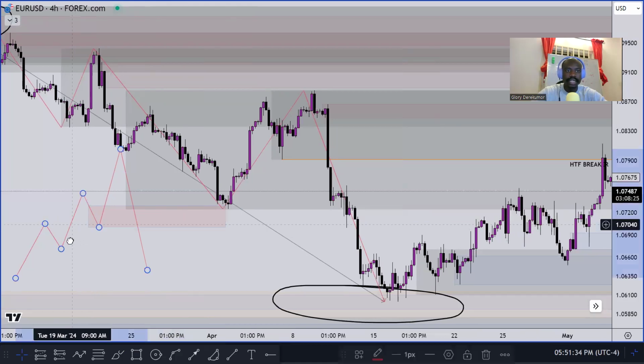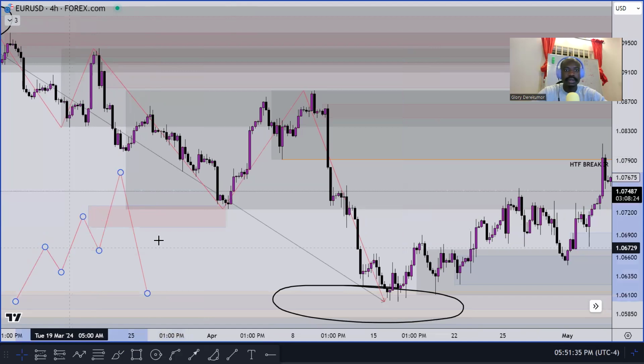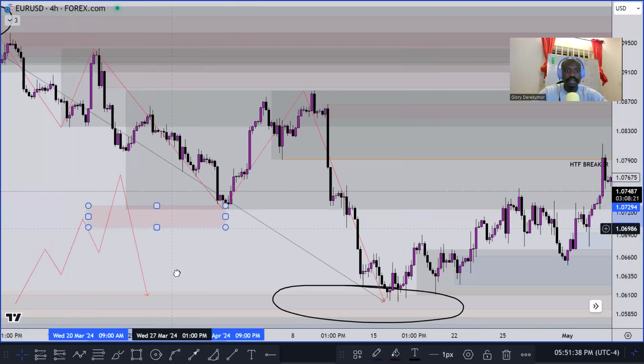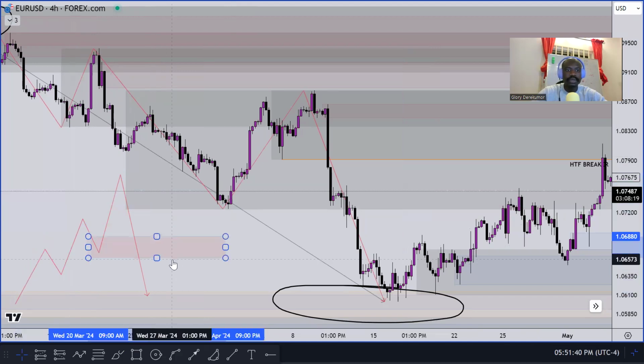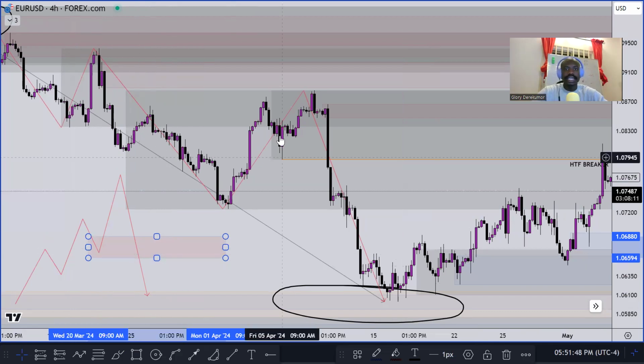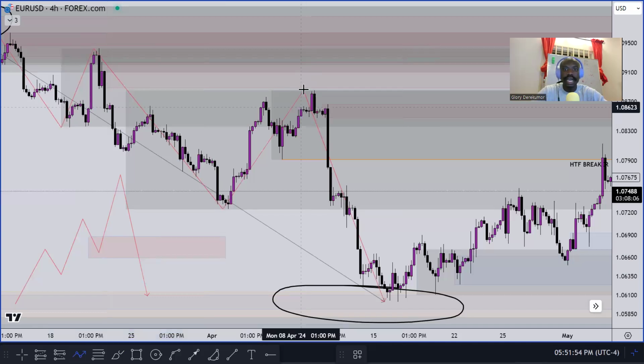Please bear with me. I know this is looking a little bit messy, but try and follow what I'm doing here, okay? Immediately this happens, we can look at the market to pull back to areas such as this here for a sell, which will now be the breaker level. Again, like I said, if this market was going to continue to the upside, it means we were going to have a pullback from this high into this area here and then continue to the upside,